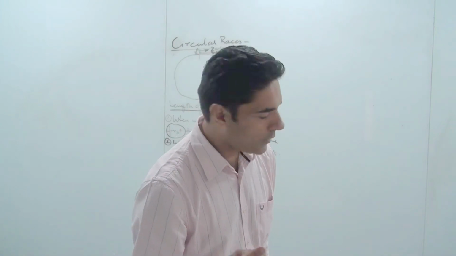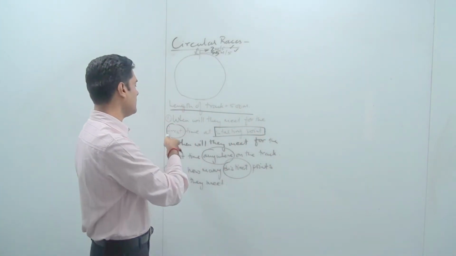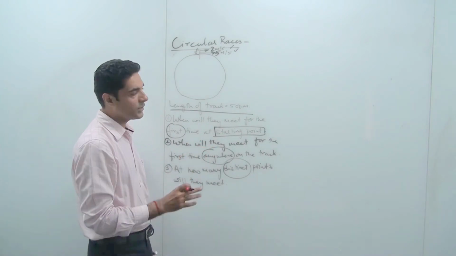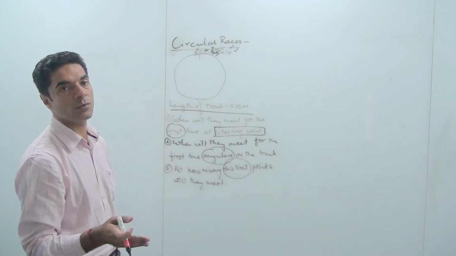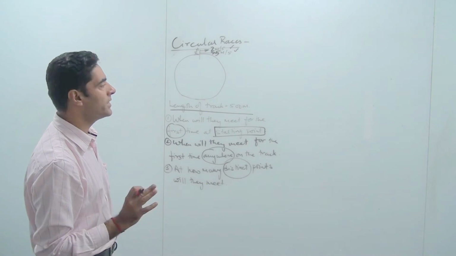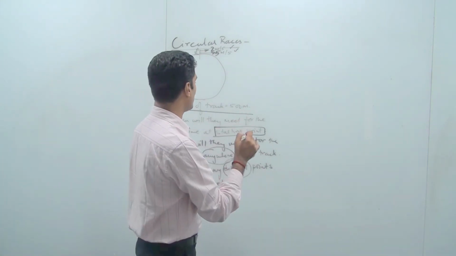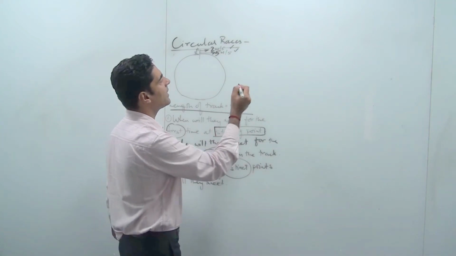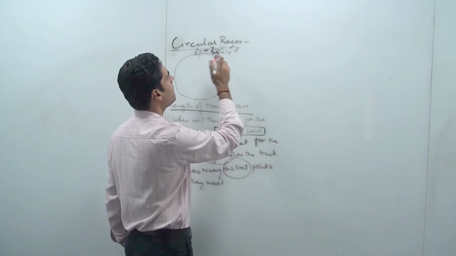So these questions seem similar, but there's a different approach for solving them and their answers are also different. So you need to be very clear about solving these kinds of questions. So let me go by the very basics. Let's say I want to find when they will meet for the first time at the starting point. Let's try to find out the time taken by A